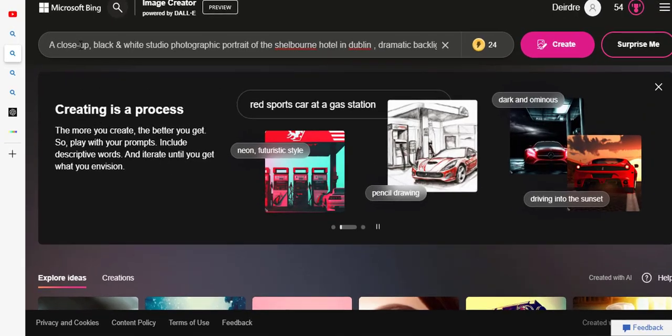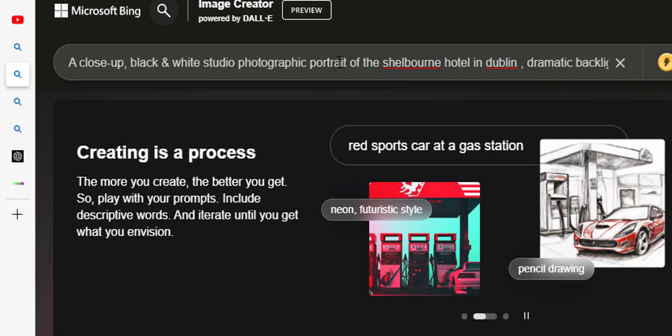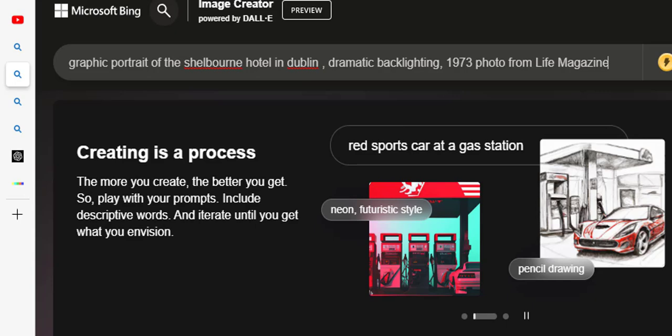So it says a close-up black and white studio photographic portrait of the Shelbourne Hotel in Dublin. Dramatic backlighting, 1973 photo from Life magazine. That sort of style is what we're going for, and hopefully it comes out nice. So we'll click on create,